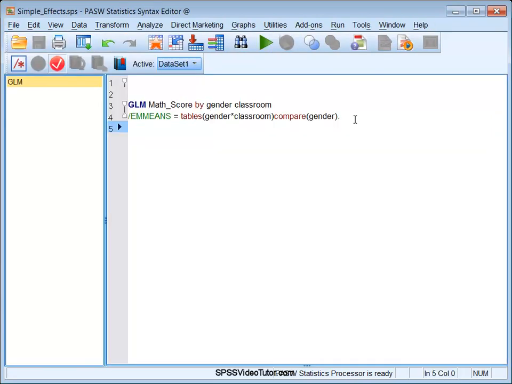And then what you're going to do is type in these two lines of code. You're going to type in GLM, then you're going to type in the name of your dependent variable, and then you're going to type in by, and then you're going to type in the names of your independent variables, okay, separated by a space. And then you're going to go to the next line. You're going to type in a forward slash, and then EMMEANS, okay? That's just going to give you a multiple comparisons table. And you write space equals tables,